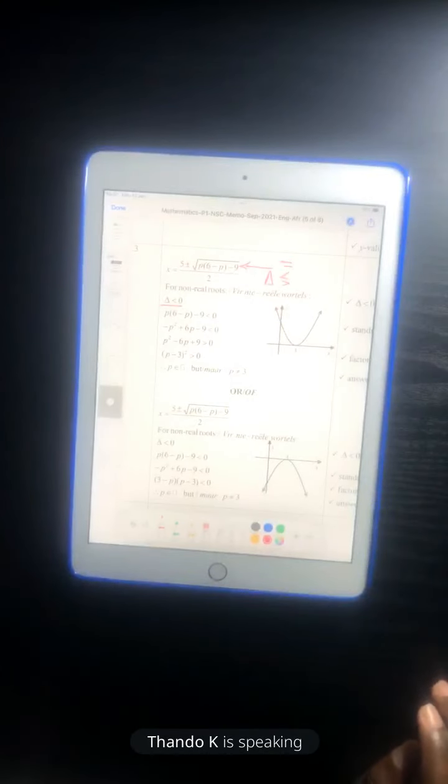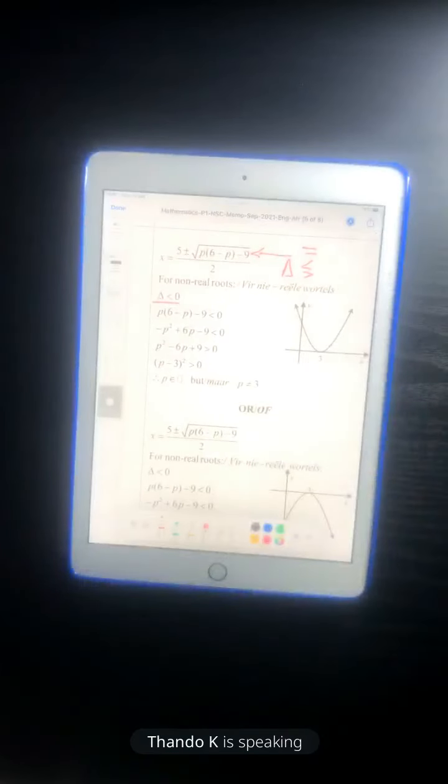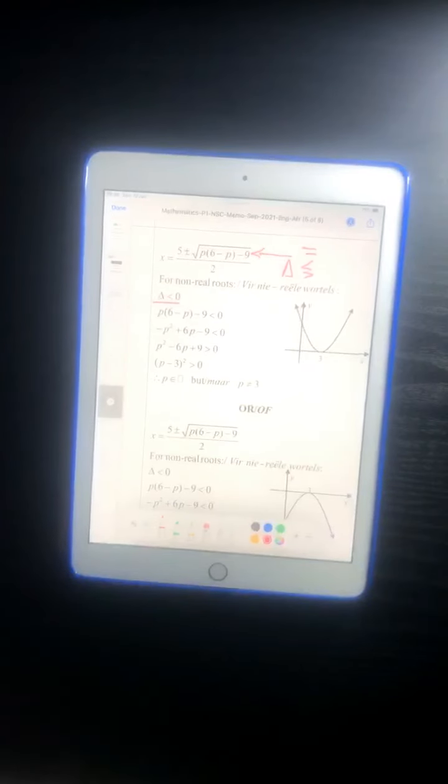So, Mina, I did the equation, but I'm not finished because I put the p inside the brackets, like 6p minus p squared minus 9 is smaller than 0. And that's where I stopped because I'm not sure what to do after. Oh, okay. All right, now I see. So it's more like working it out